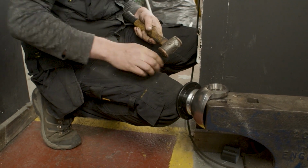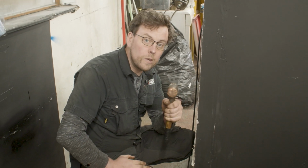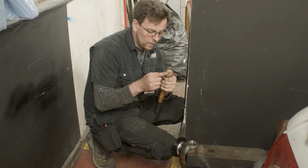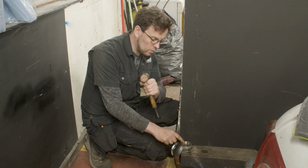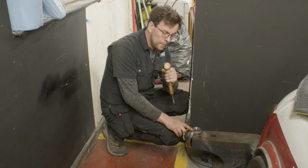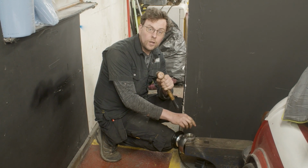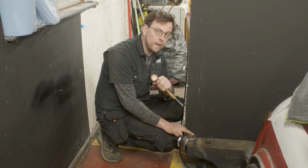We hear that note change telling us that it has reached the bottom of the bore. You'll see I always use a copper hammer when I'm driving bearings like that. These copper face hammers pretty much cannot damage the surface of the bearing. If you use a steel hammer like a ball peen hammer, it's a hard faced hammer and it'll be hitting a hard faced bearing. It's actually incredibly dangerous to do it because you can actually chip the bearing and that